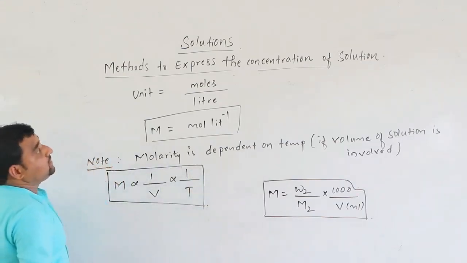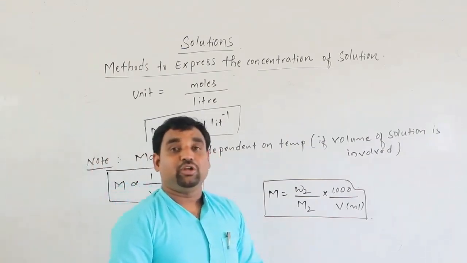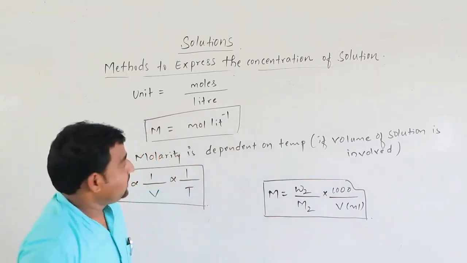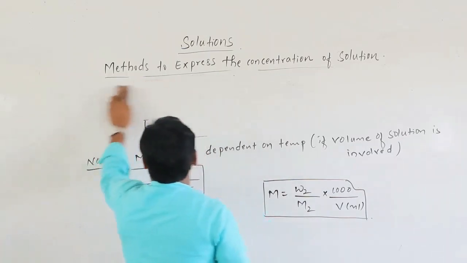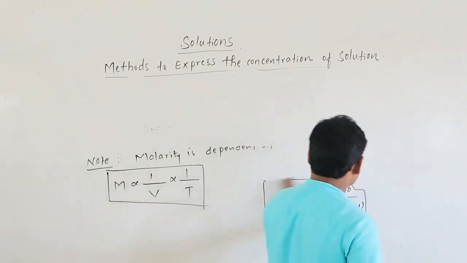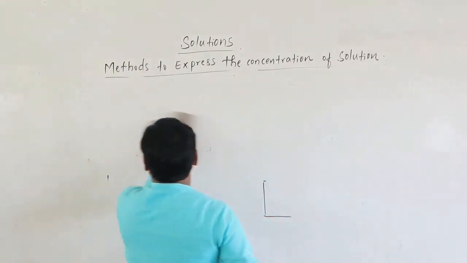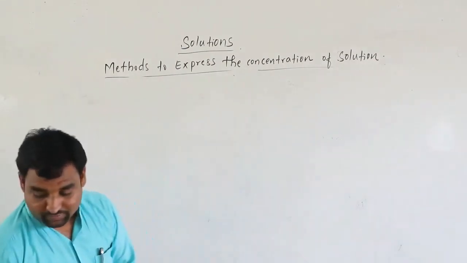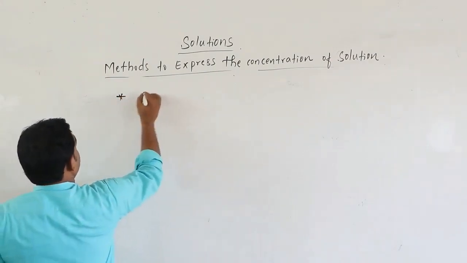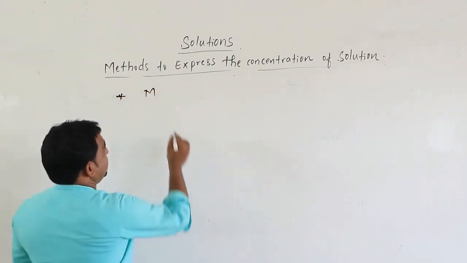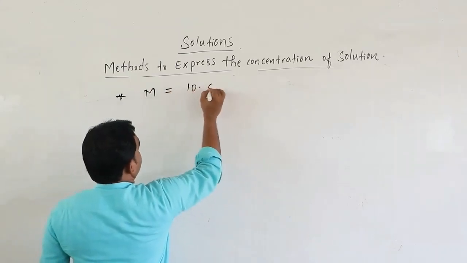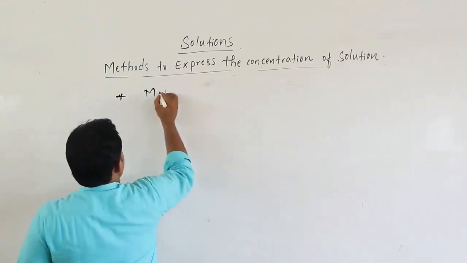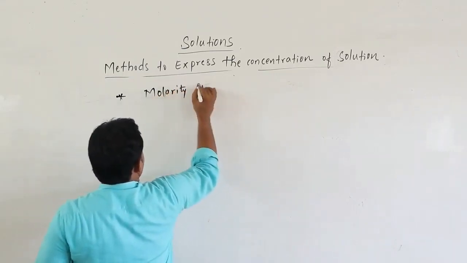So this is about one method to express the molar concentration of the solute present in the solution, that is the molarity. Now we will discuss another formula in case of dilution, and in case of non-reacting substances and reacting substances. So one more formula from the molarity. If they give a density of the solution, M is equal to 10 D, or you can write the definition, heading: molarity and density.